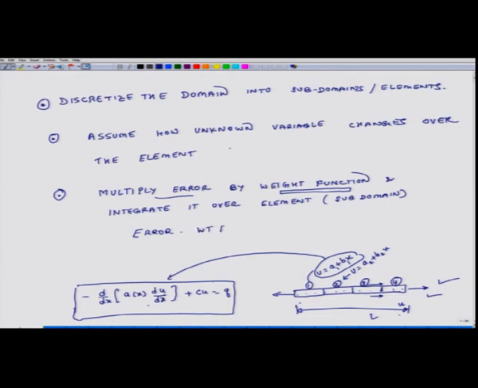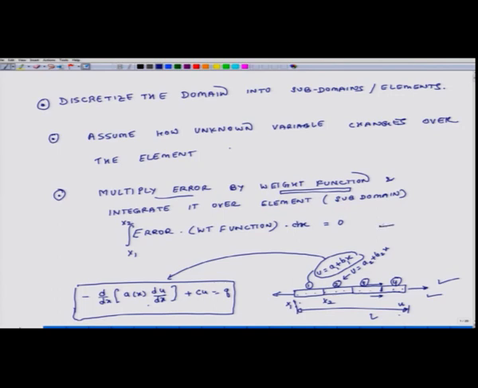So, we multiply that by weight function, and then we integrate it over the domain of the element. Let us say this here is x1, this is x2. So, I am integrating it over x1 to x2 and this I equated to 0. And the reason why we do it and all that stuff, we have explained in basics of finite element part 1. So, if you have doubts, I will definitely encourage you to go back and review whatever we talked about in the last class.